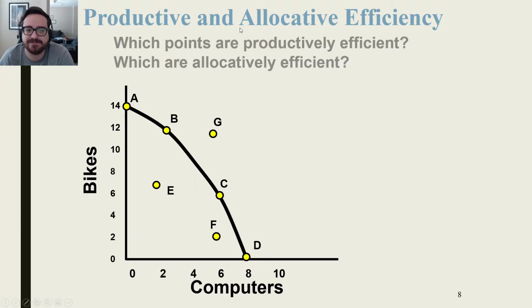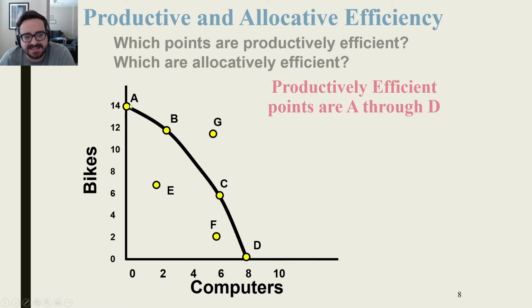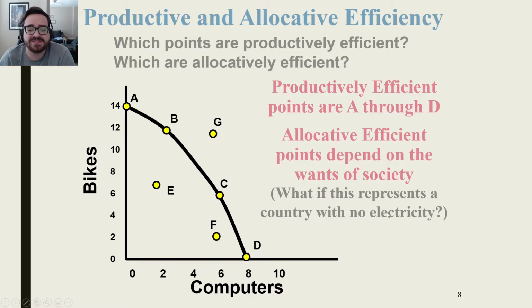So like this same exact graph, if they tell me I see A, B, C, and D are all productively efficient, if this country has no electricity, just straight up no electricity, that's just a thing for this country. People have no access to electricity. Point A is probably the allocative efficiency, right? I mean, I would definitely assume, because computers are particularly useless if you don't have electricity. Bikes! You don't need electricity for bikes to be useful, so I would say A. It's the allocative efficiency. So again, in order to know allocative efficiency, you've got to know some context for that. Same with opportunity cost. You've got to know some